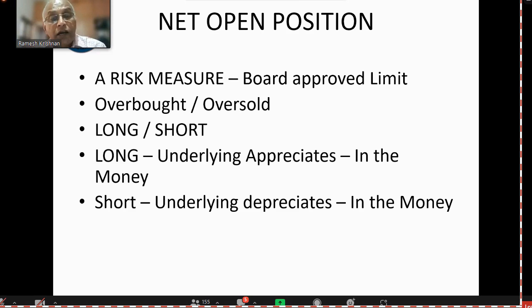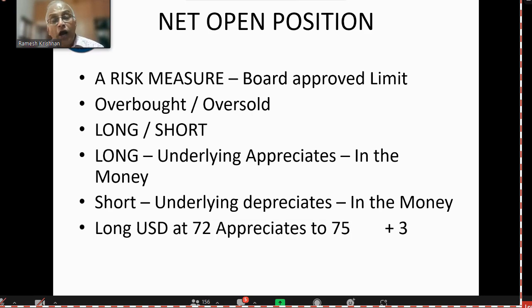Short and underlying appreciates. You are again, you sold dollars and underlying depreciates. So dollar moves from 85 to 80. What you sold at 85, you can buy back at 80. So again, you are happy. So depending on whether you have a bearish view or a bullish view, you can have a long or a